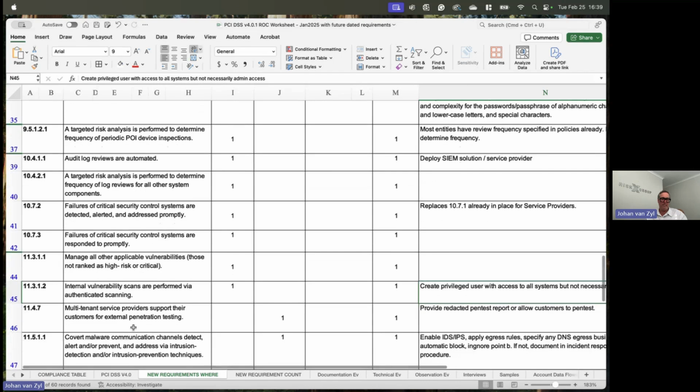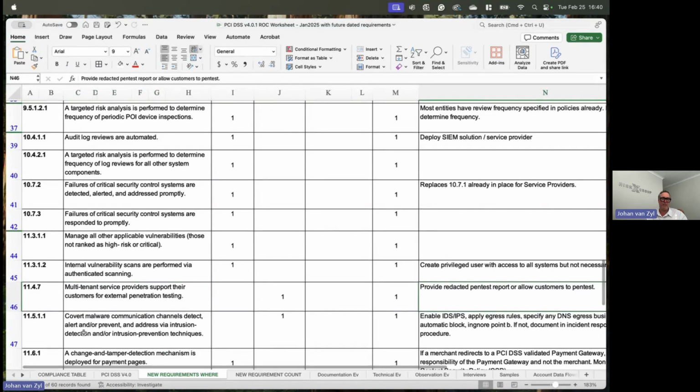Then 11.4.7, multi-tenant service providers must support their customers for external penetration testing. So either provide a redacted pen test report or allow your customers to pen test your environment. It's quite simple. 11.5.1.1, covert malware communication channels must be monitored, and it must detect any suspicious activity and so forth,